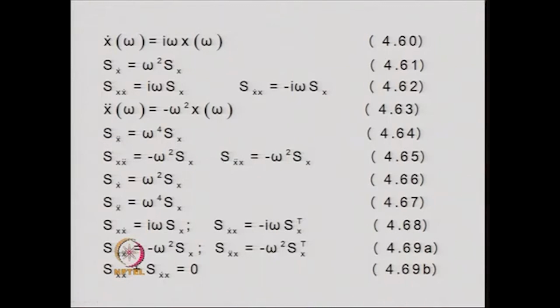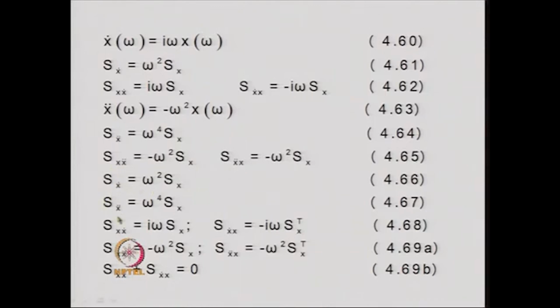So, the two relationships, that is the derivative of x and double derivative of x, that is the velocity and acceleration, their power spectral density functions are related to the power spectral density function of the parent process x with the help of these two equations, which we had derived earlier, but now we are deriving it in a different way, that is the relationship we are using that exists between the velocity and the displacement for a harmonic excitation.